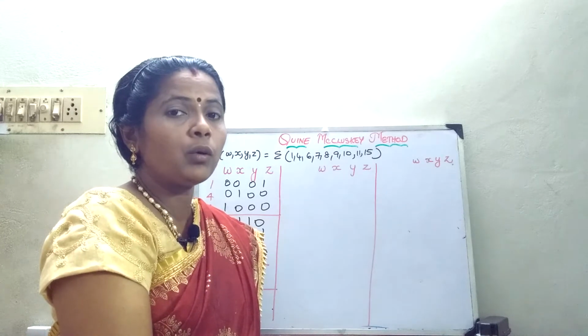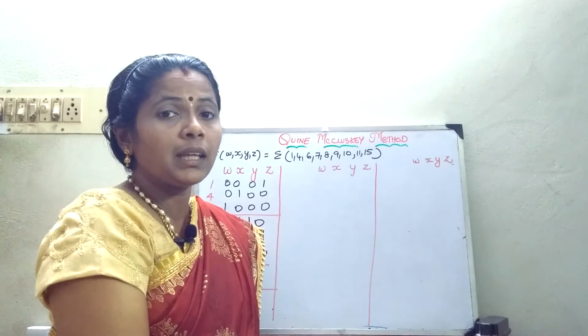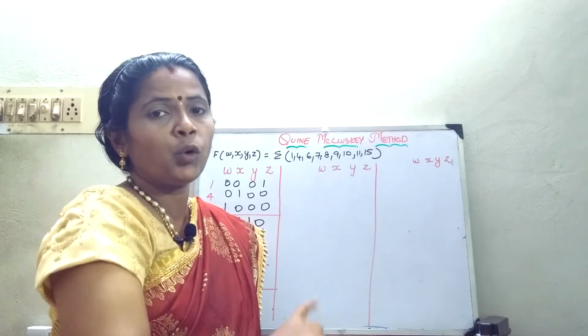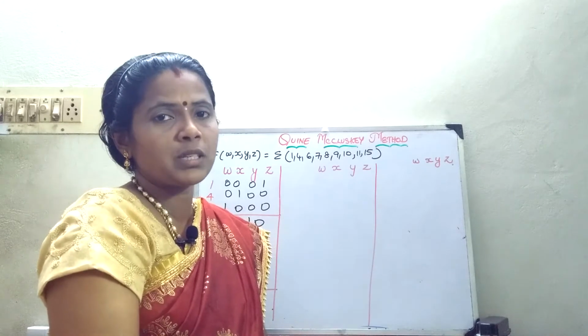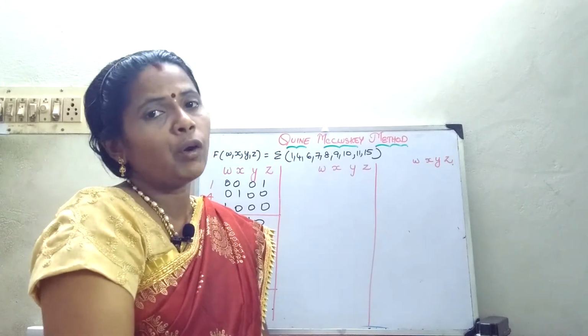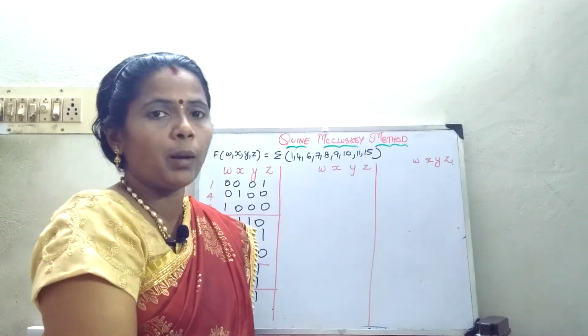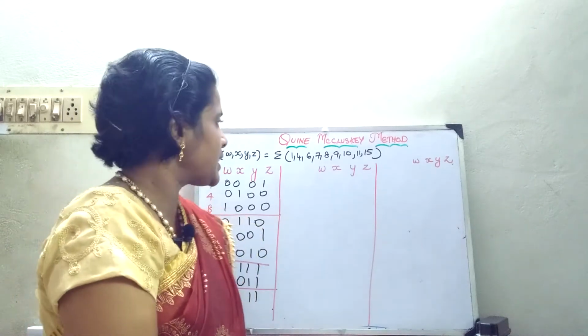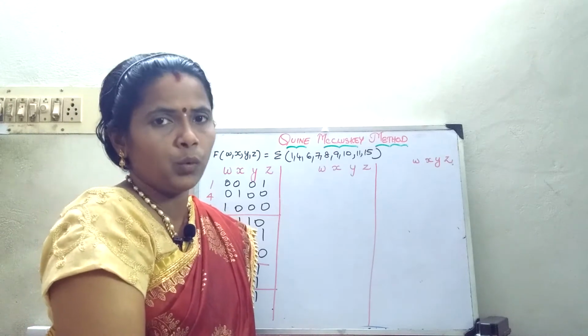When you go in for the K-map for 5 variables or 6 variables, the grouping will become complex, and sometimes we might end up with wrong grouping. In this case, this systematic procedure will give you a better answer. Now we will take a problem and analyze how it works.